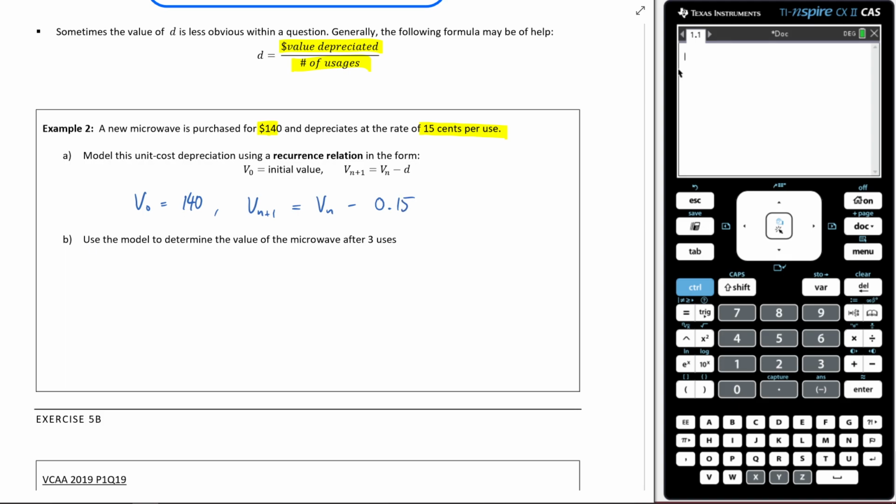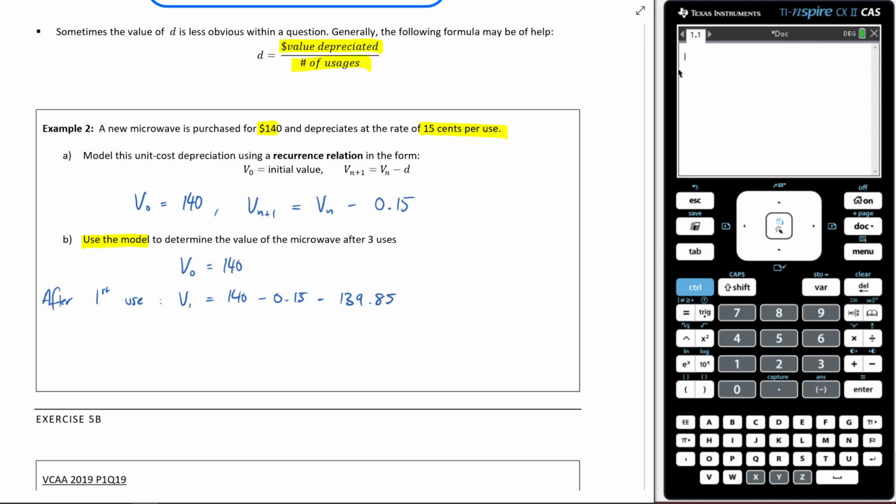It then says, now this is the ever so important words of use the model to determine the value of the microwave after 3 uses. When it says use the model, that means we need to use our recursion relation to figure this out. So we're going to first go with the start value. So how much we originally bought it for, it was $140. Then we can say after 1 use, after the first use of it, okay, so after I use it for the first time, I take that 140 and I subtract 0.15, and that's going to leave me with